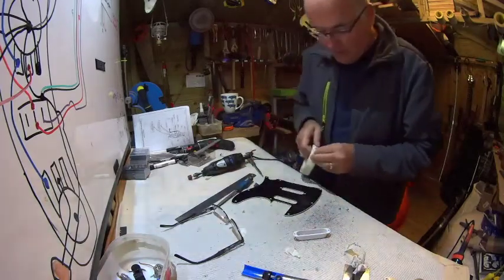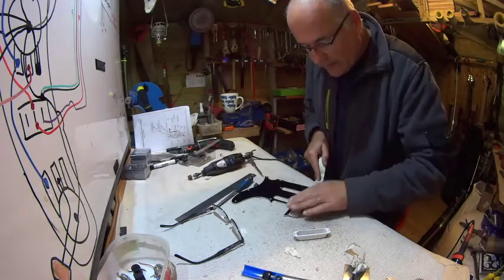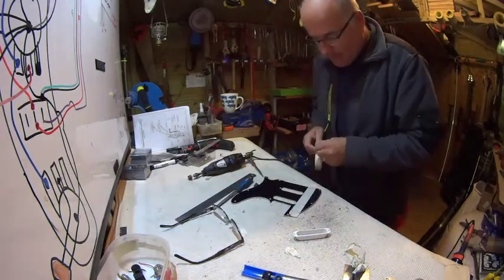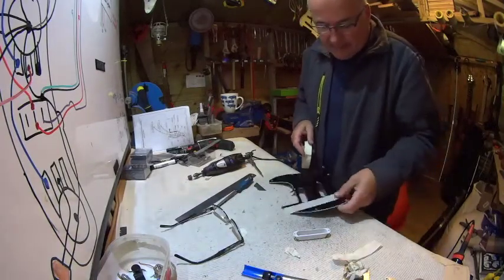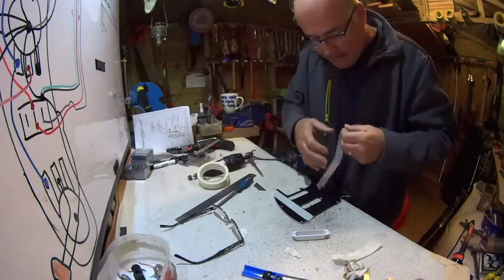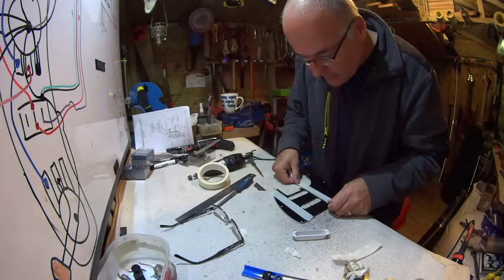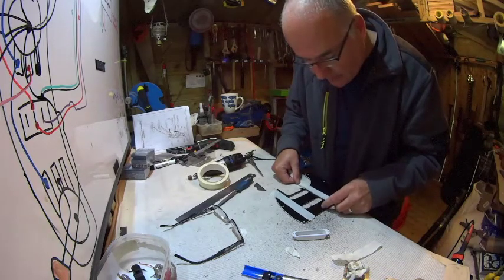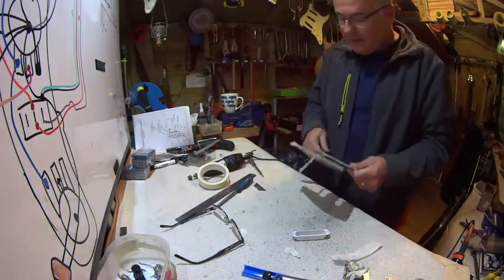What I'm going to do is a similar thing. I'm going to line up some masking tape like this, and the secret is going to be making similar holes without going through. So we have